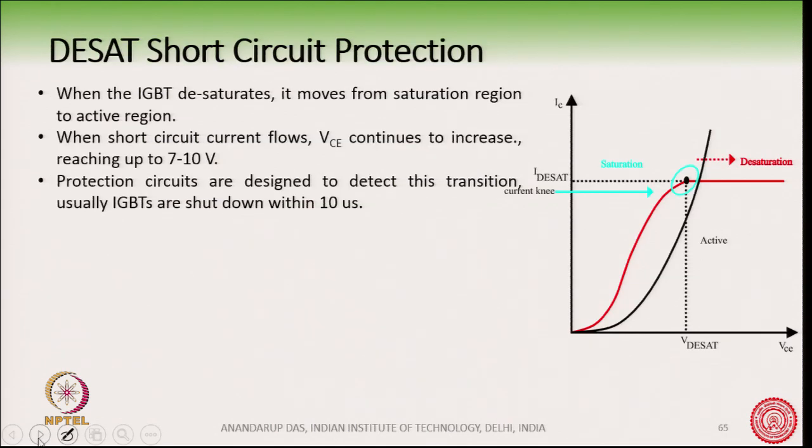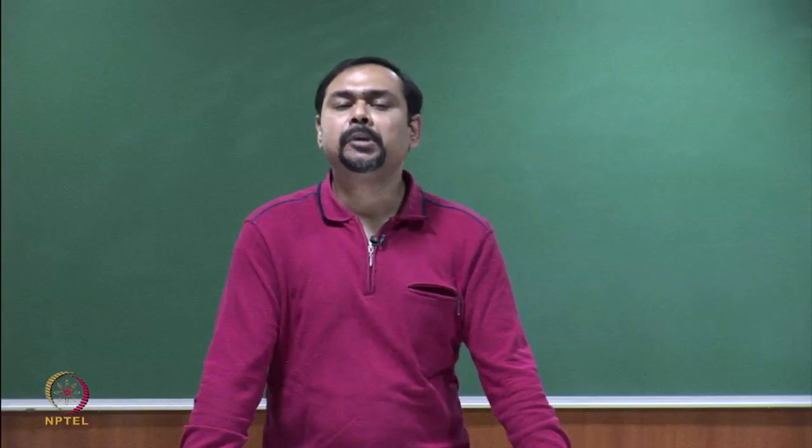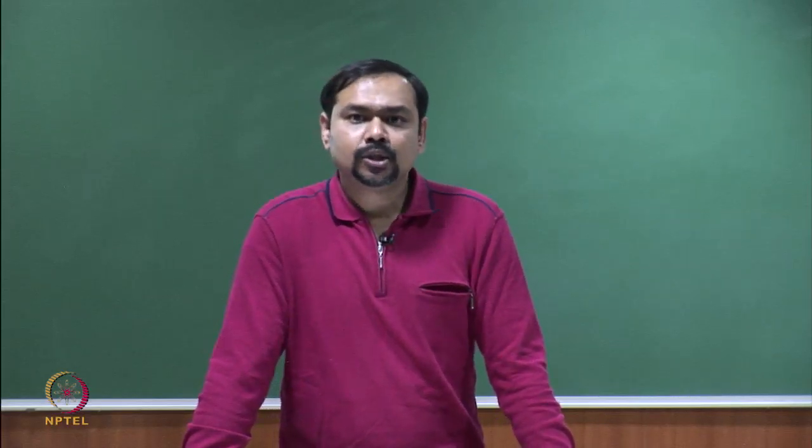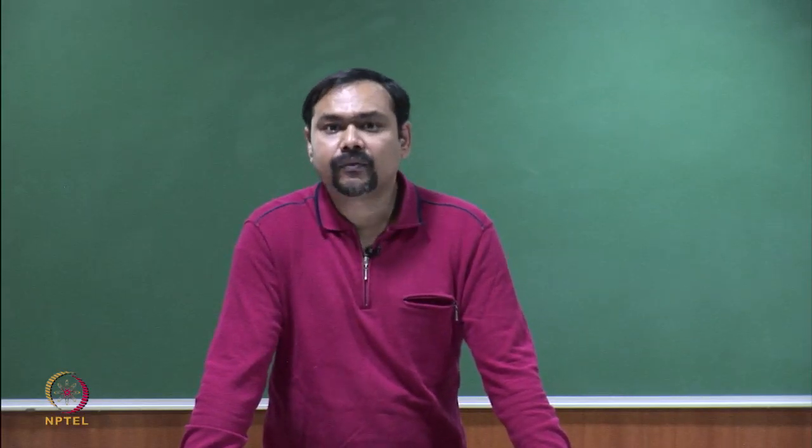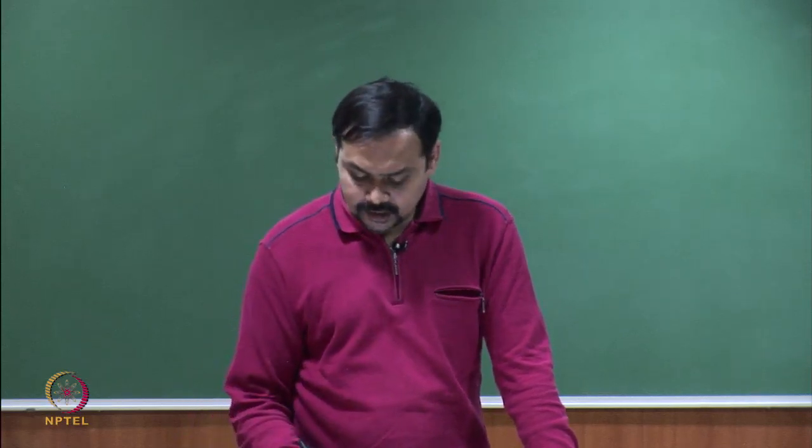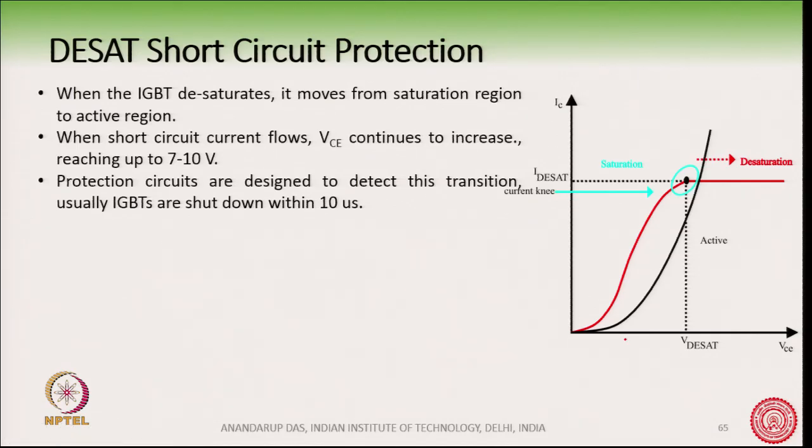So, basically how does it do that? Basically it monitors the collector emitter voltage. For example, in an IGBT, the IGBT protection is called DSAT, short circuit protection. Okay. What is DSAT? DSAT means desaturation. So, when a high current flows through the IGBT, suppose this is the IC versus VCE characteristics of the IGBT here,